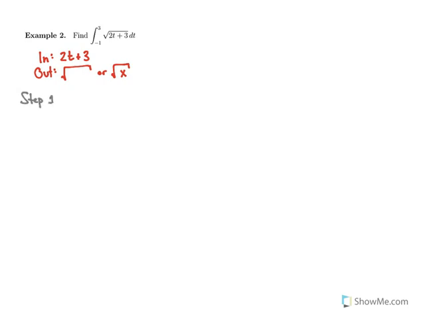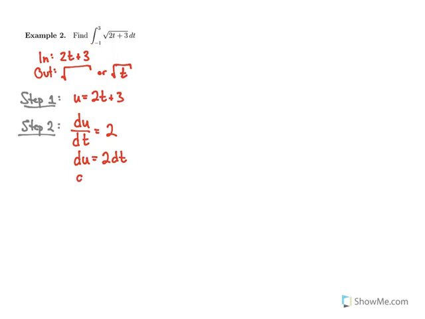So let's go through the step-by-step process again. Step 1, we're going to rewrite u as our inside function. Note that we should have a square root of t, since we're dealing with t here. Step 2, we're going to find the derivative of u, not with respect to x, but with respect to our variable t. In this case, that is just 2. And if we solve for dt, we're going to multiply by dt, divide by 2,